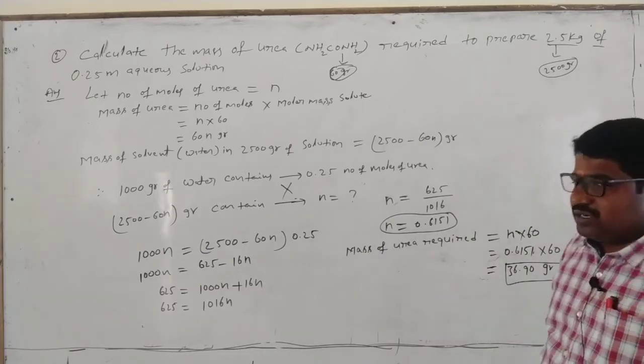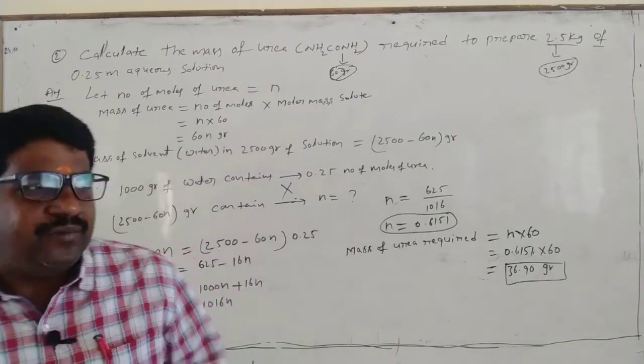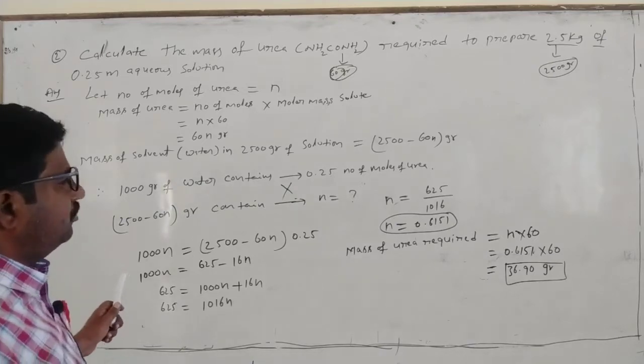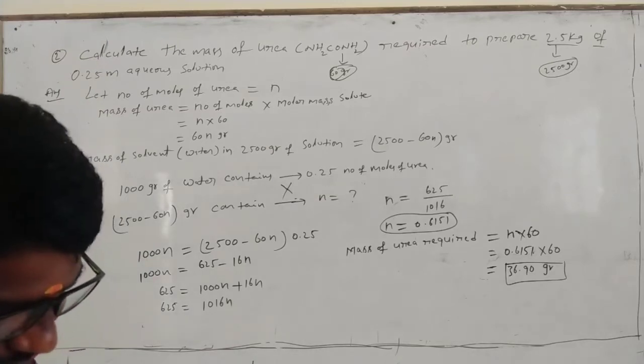So this is somewhat complicated, but directly you have to do it. But this is the correct method. So another method is there, but the final value is somewhat different. But this is the NCERT textbook problem. So that is why we have to follow this method only. So these are the problems, right?